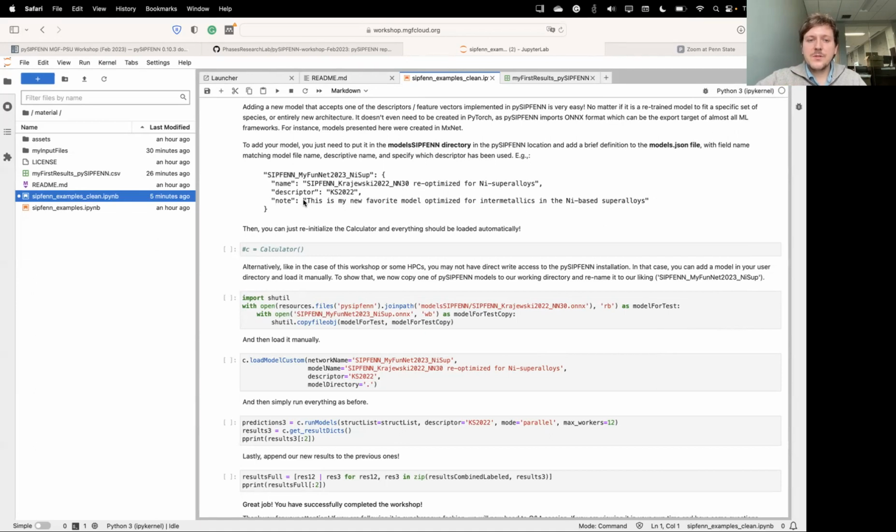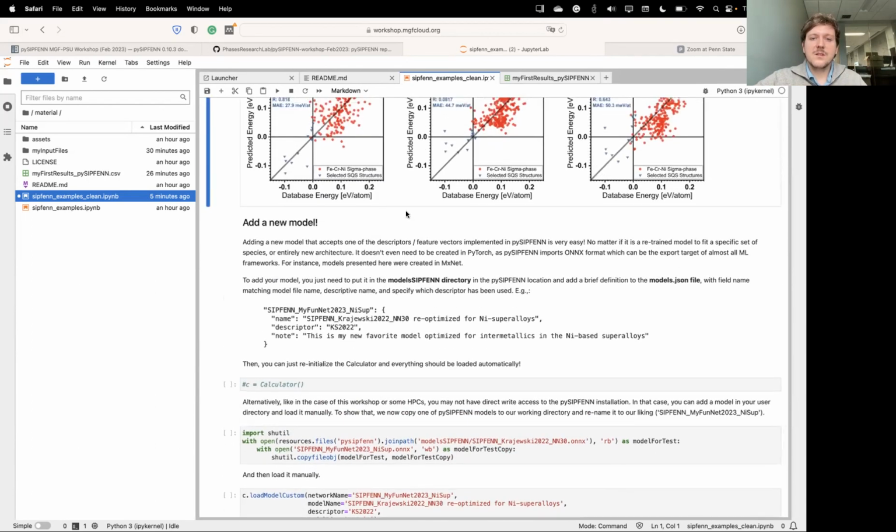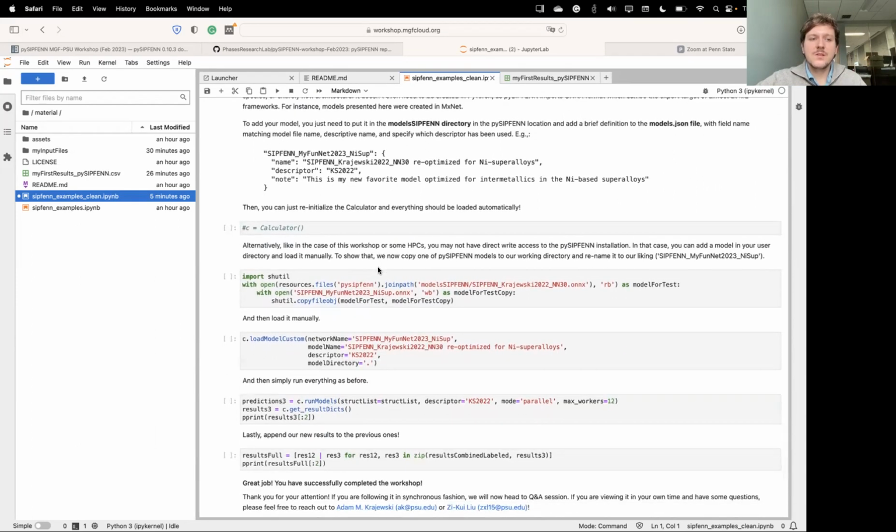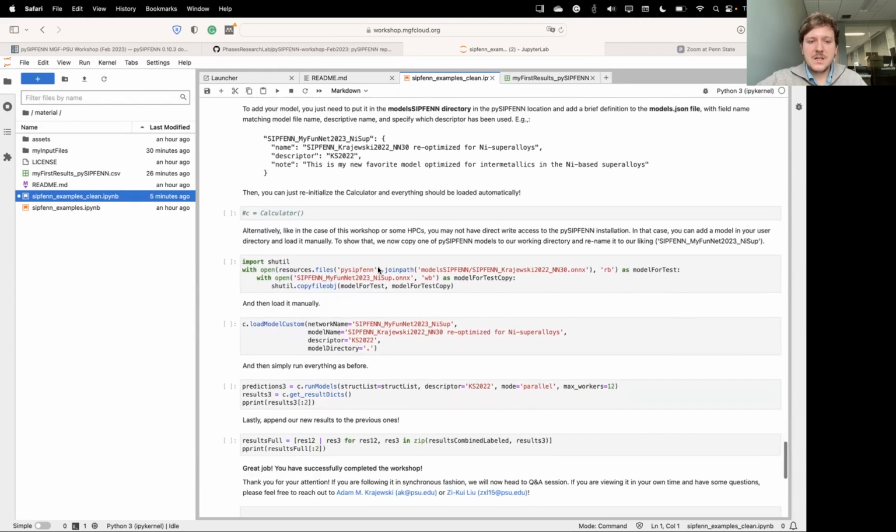And then put this model in ONNX format into this model PySIPFENN directory. And with that, you should just be able to do C equals calculator, and everything is going to work out of the box even with this notebook. So you don't need to write your own scripts or your own notebooks. It's going to give you all the results. But here